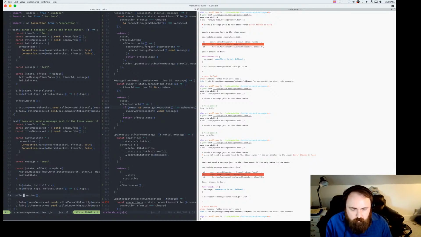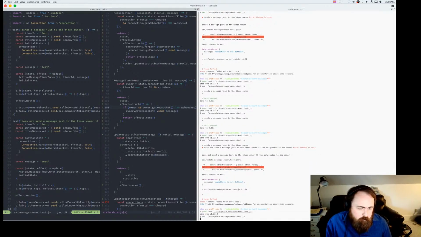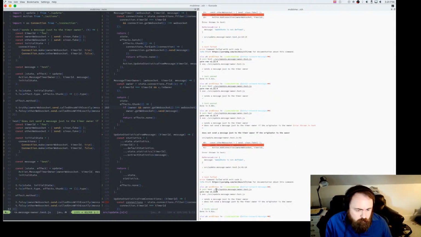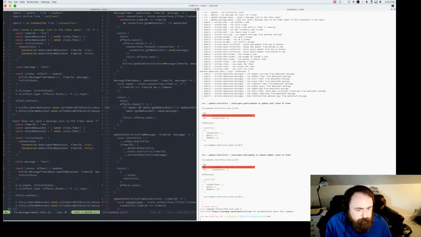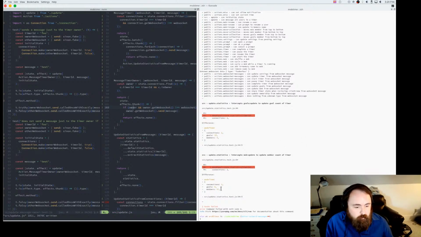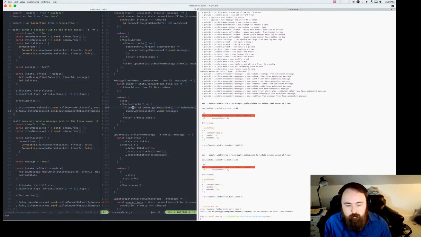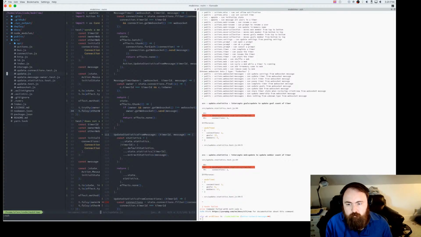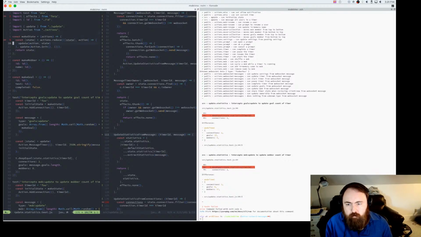Alright, so with those pass, let's go back to test that whole suite. Alright, we're getting there. We only have 2 failing tests now, so I feel pretty good about that. And update.statistics, I think, is going to be an important one anyway, because I think we're going to add some more methods. Okay, so we got to make mob or make goal.